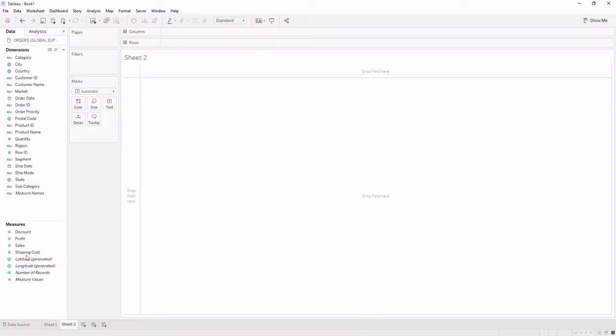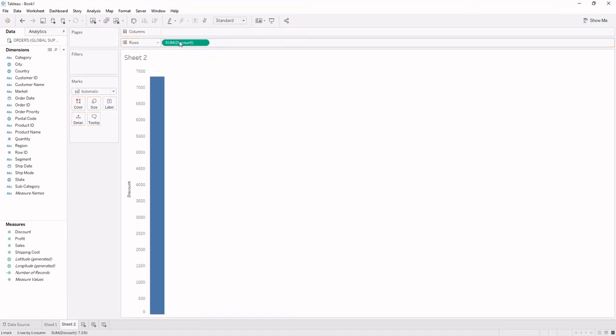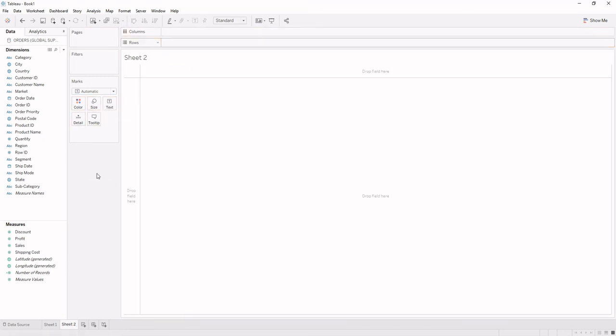The last but not the least, continuous Measures. Continuous Measures are the fields that are green in color and have aggregations over them, as if I am picking any of the Measures, it will be green in color and will always have an aggregation over it. So it means all the Measures are by default continuous Measures. But we can create continuous Measures according to our demand from dimensions also.